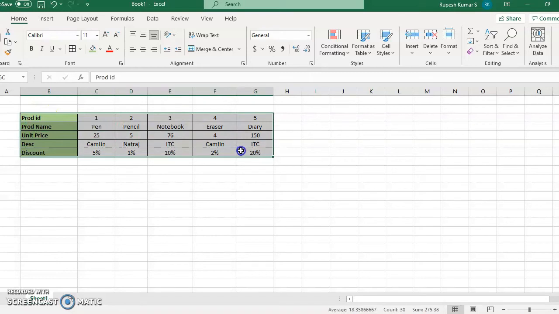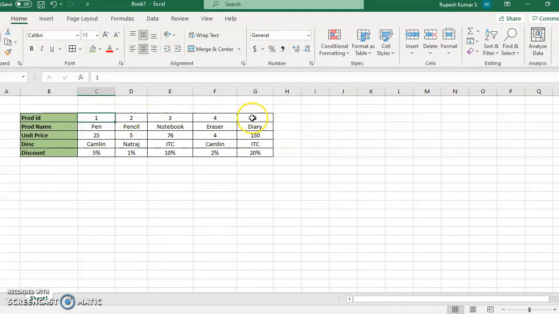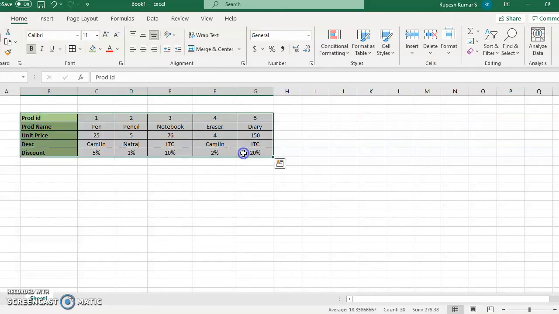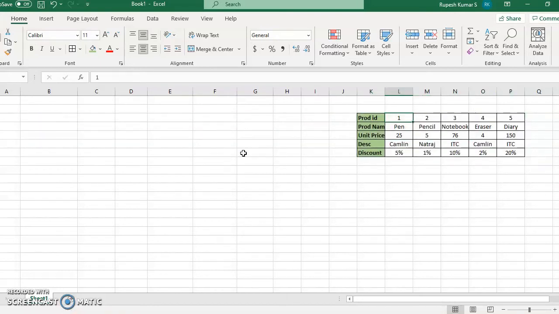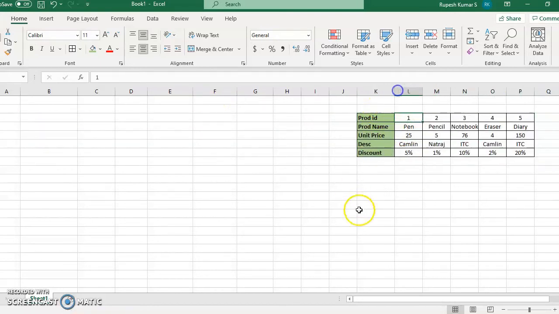So suppose I have got 1000 products which we are selling. I need to have details of 1000 products with me. Fine. So these are known as what? SKU, stock keeping unit. So right now I have got just 5 stock keeping units with me, and the details which I have got I captured over here. Okay, so I am moving this data a little away. So I selected it and moved it a little away from my main screen. So I pasted it a little away. Fine. So these are the details which I have got.